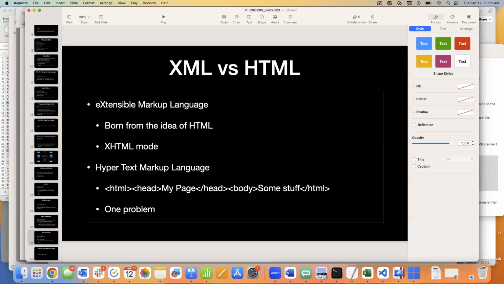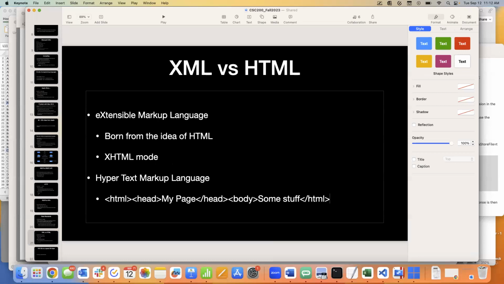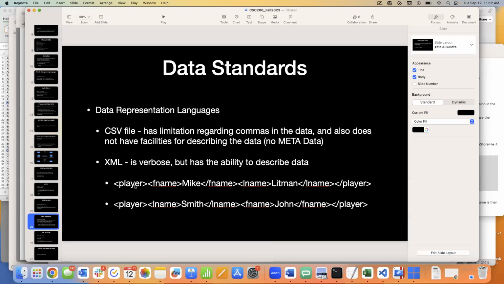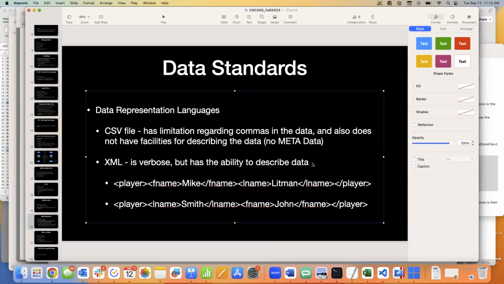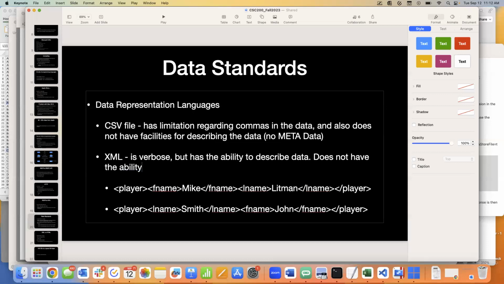So we're going to say actually, let's go back to the previous page to put this guy, right? So XML is verbose, but has the ability to describe data. So that's good. But we're going to say it does not have the ability to describe collections.